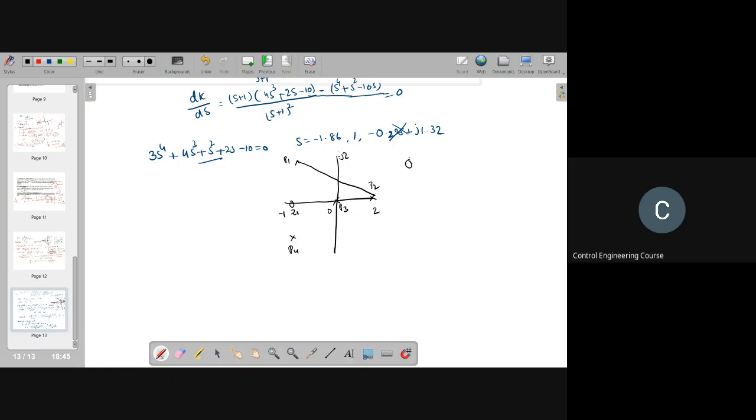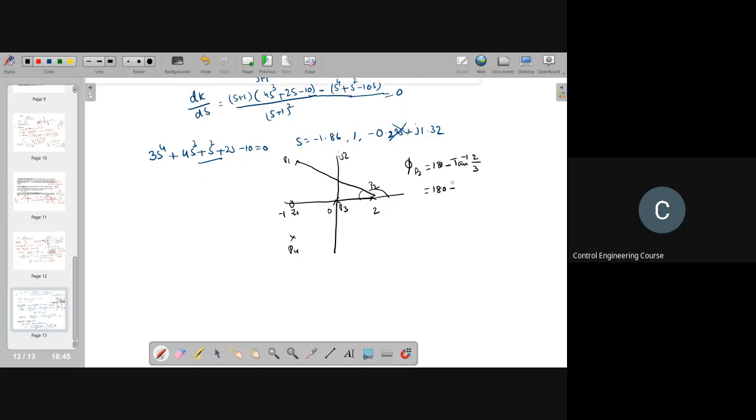This is 5 P2. The distance here, from here to here, is 0, and here to here is minus 1. So the total distance is 3, right? And here it is 2. So that means tan inverse 2 by 3. But that will give you this angle, and we wanted this angle. That means 180 minus this one. Okay, this will be around 180 minus